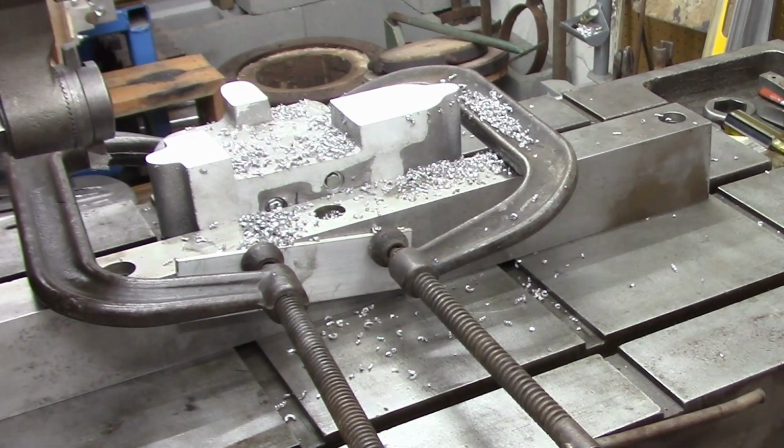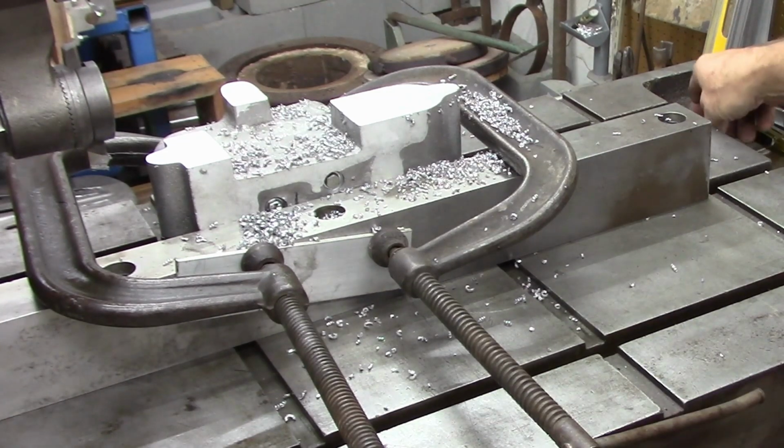All right, well, a little bit of a shop update here. I've been doing a little bit of everything today. Had the planer running, got the deck of the bases of the Quorn tool and cutter grinder ground off. Might as well move this down here and show it to you. So that's the way it looks before we've cleaned it off or